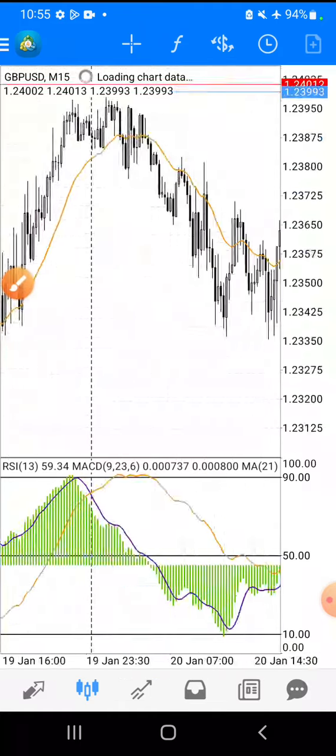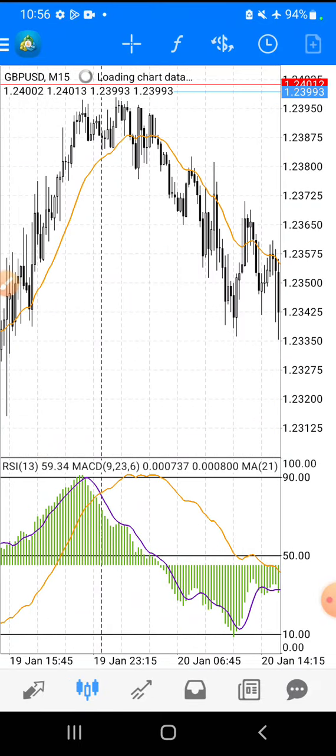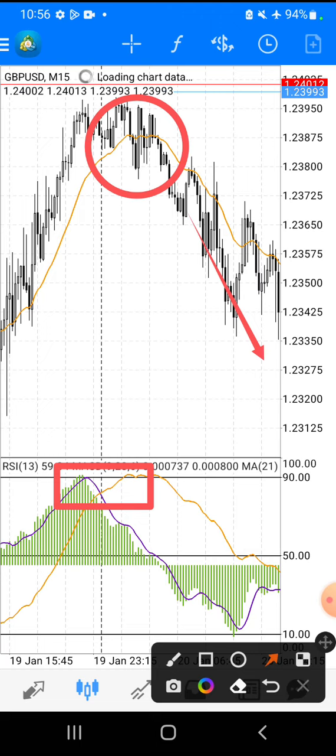Now let's talk about selling opportunities, which is obviously going to be the opposite, but I'll just point it out. Again, this time I want the cross to happen while you're closer to our level 90. And of course, our entry is going to be when candlesticks cross the golden line to be below this time, to be below. So make sure you have that in mind. And that's when we can expect that nice sell trade to occur.